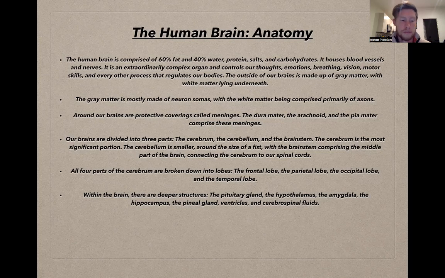All four parts of the cerebrum are broken down into lobes: the frontal lobe, the parietal lobe, the occipital lobe, and the temporal lobe. Within the brain, there are deeper structures, such as the pituitary gland, the hypothalamus, the amygdala, the hippocampus, the pineal gland, ventricles, and cerebrospinal fluids.